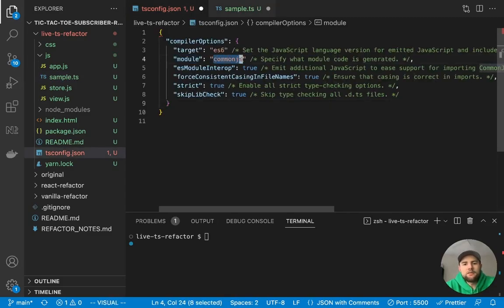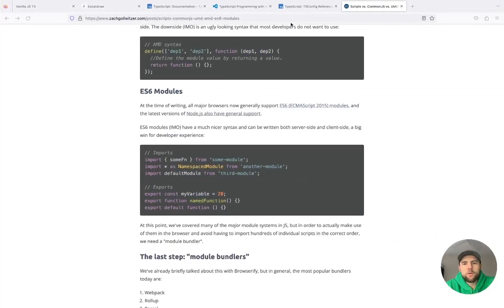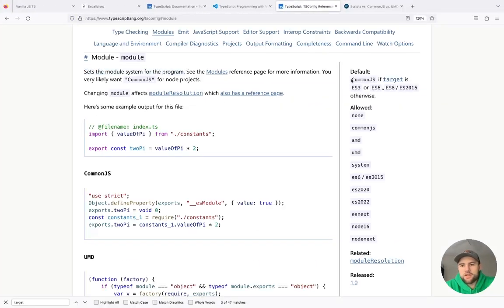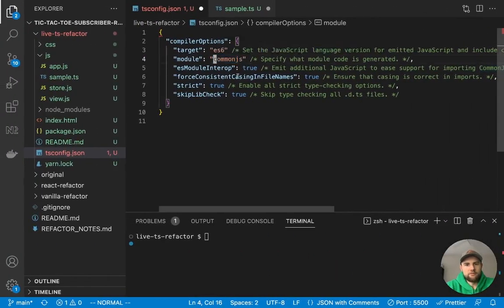And you'll see that it defaults to CommonJS, which again is a little bit of a mismatch. It says the default is CommonJS if the target is ES3 or ES5, ES6 otherwise. I'm not really sure, given this documentation and the fact that we're on the latest version of TypeScript, why it defaulted to that, but we really want to just have ES6 because we want to deal with that nice module syntax that ES6 comes with.